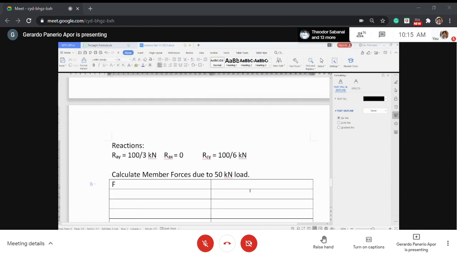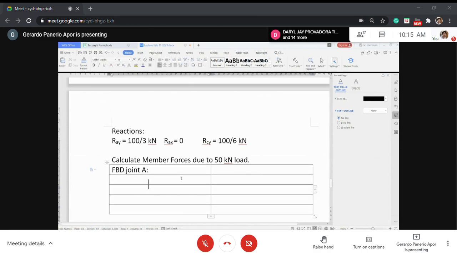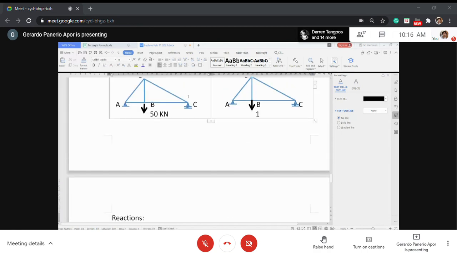So we will see if BDE joint E here. I will only show an example, joint A. Now, at joint A, if you have this,